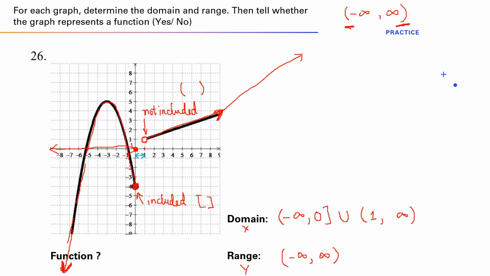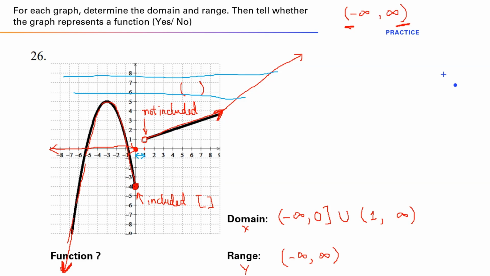But for y, every time you make a horizontal line, you will receive that you have y value. Anytime you have y value, right? So it means you have from negative infinity to infinity. And now we can check for